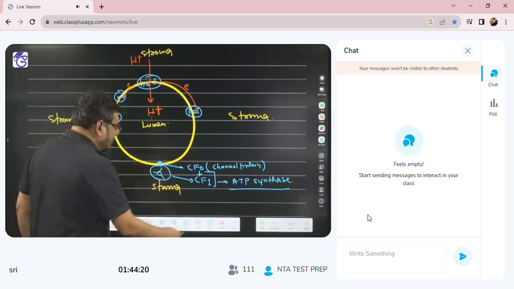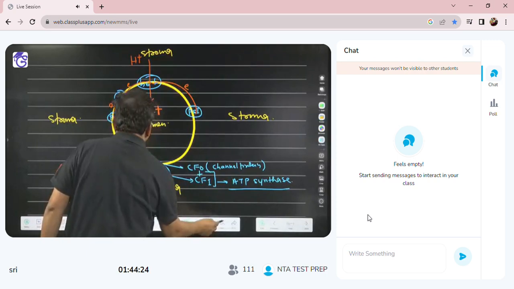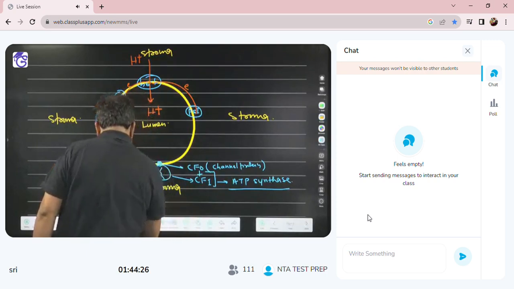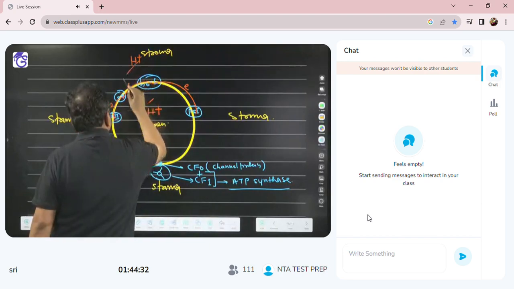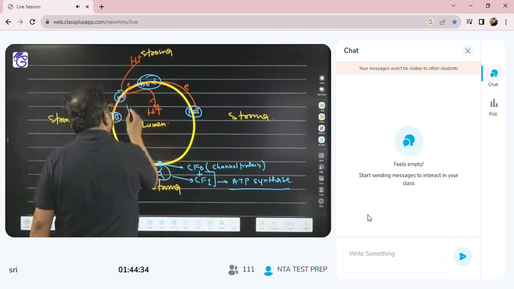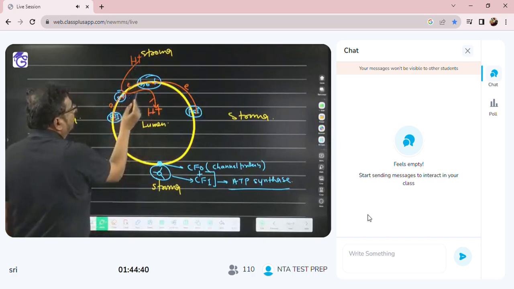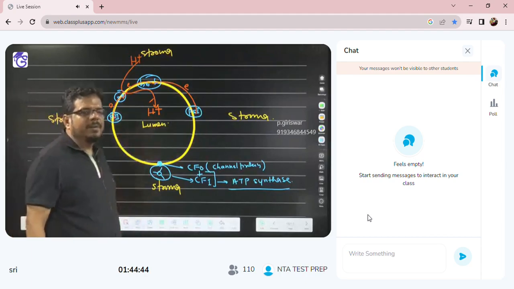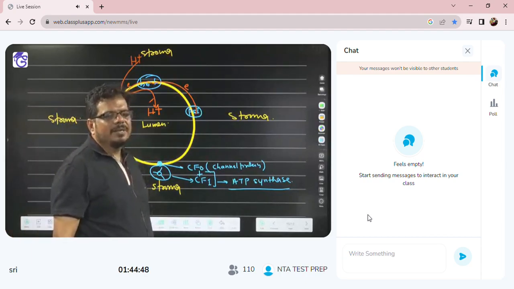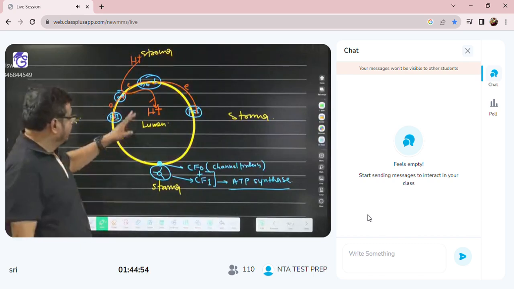So if you want to write a very appropriate diagram, you can draw like this. You can say this proton is coming like this. With the help of plastoquinone, it takes the proton along with the electron, and the proton is dumped into the lumen. Are you getting the idea? Did the picture come? Is it clear in the mind? Is it done? So first thing.